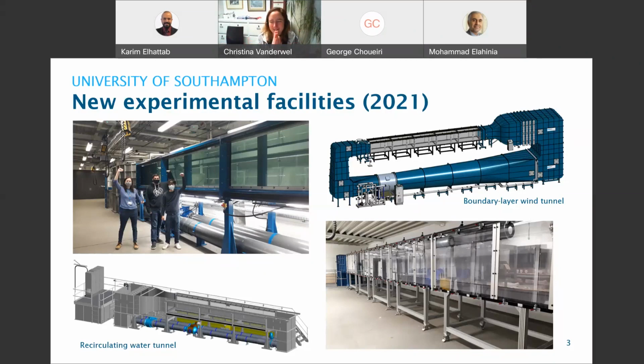The test section takes up the whole of the upstairs, and then it turns 90 degrees through a hole in the floor, turns another 90 degrees, and then the fan is downstairs. So the downstairs lab is quite noisy because unfortunately it has the fan, but it means the upstairs lab has this just tremendously long test section, which again is just excellent for our boundary layer research, which we do at